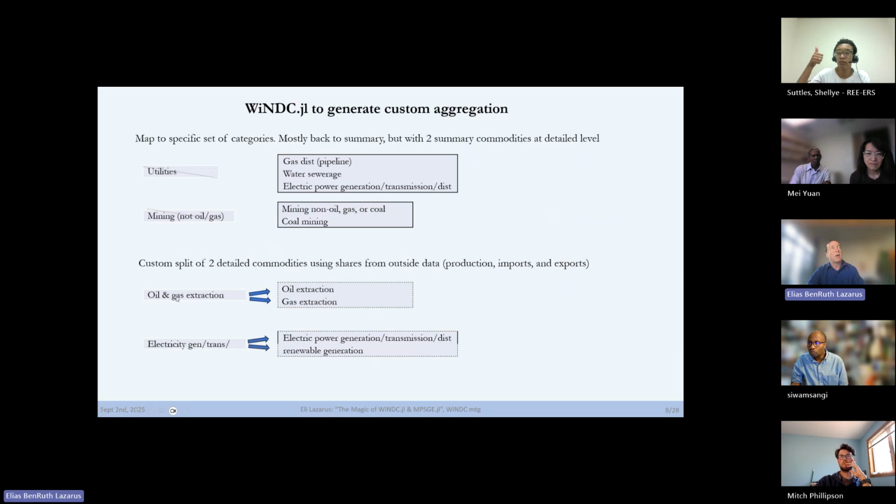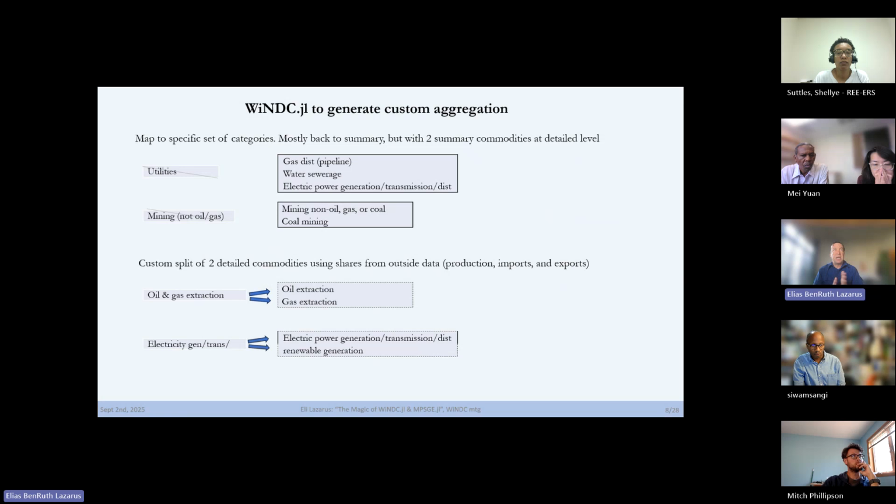Probably not. But anyway, on this left column, oh, good. These are the sectors that would be in the 71 summary level, BEA summary level. And on the right column are the sectors I wanted to end up with. So these top two, I've got the summary level, and what I have here, the utilities. In the detailed level, utilities is already split out into 3 different types of utilities: gas distribution, for burning gas for whatever you want to use it for, water and sewerage, and electric power are all separated already in